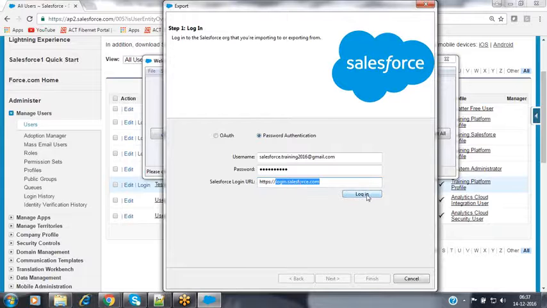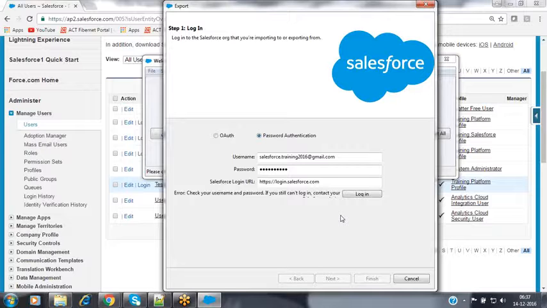Now click on login, observe what will happen. I have entered the valid username and the valid password. Now when you try to log in, it is giving the message, check your username and the password. If you still cannot log in, then please contact your Salesforce administrator. Why is it giving this kind of error message? Why? Because with this username and with this password, we are going to be logging in.